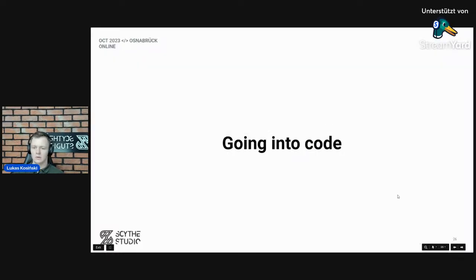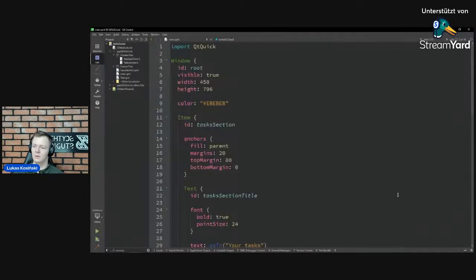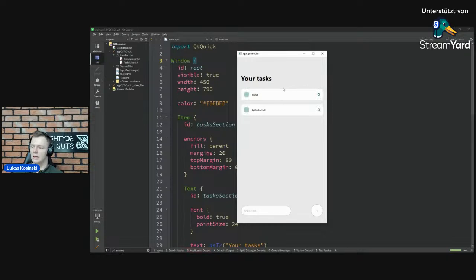I think that Linus Torvalds said, talk is cheap, show me the code. So we'll jump into my IDE. Again, this is a simple project. I wanted to show you some basics here. So that's how QML is structured. We have some root item, in this case the window. If I run the project, I'm going to see a pretty simple to-do application,